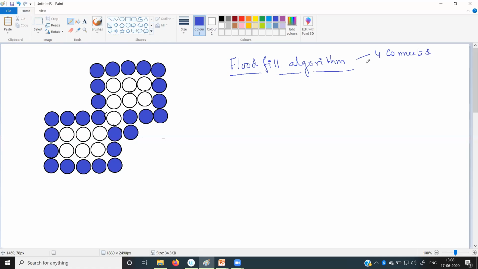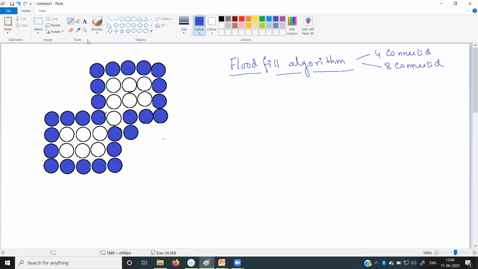I think now it is clear what 4-connected is, and the second one is 8-connected. In step 1, we have to select a pixel inside the polygon. Then we check that pixel's color. If its color is the background color, then it will fill itself with the desired color. In this way, the procedure fills up the polygon.